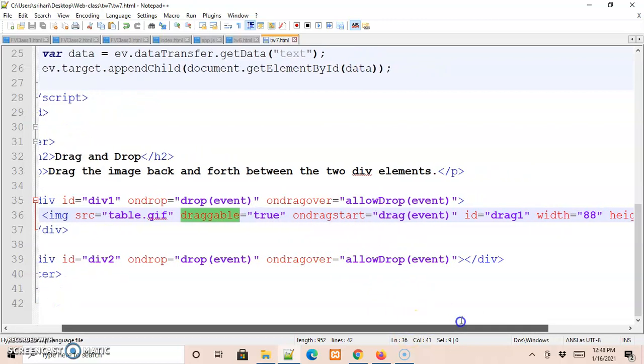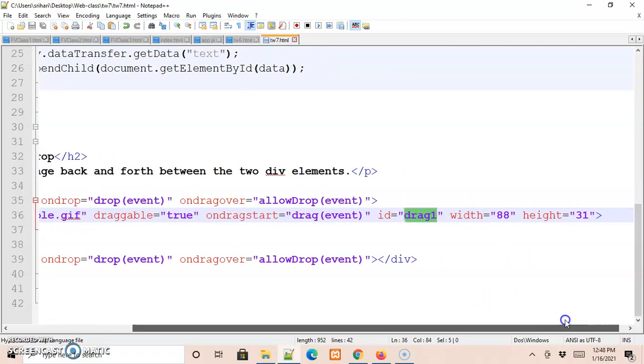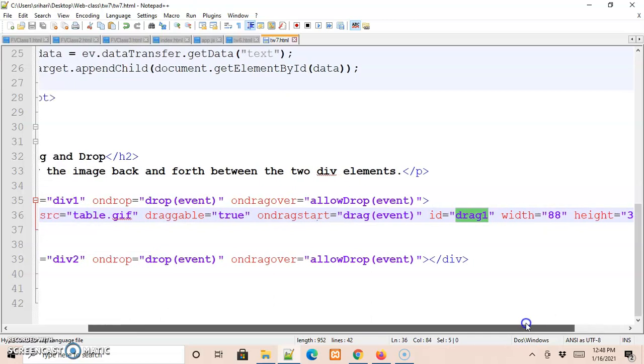And once the element is started with the drag event, then this attribute will start working. So it says onDragStart. Once it is dragged, this drag event JavaScript function gets called. Along with this, we also have an ID for this, that is drag1, and we have specified some width and height for this particular image.